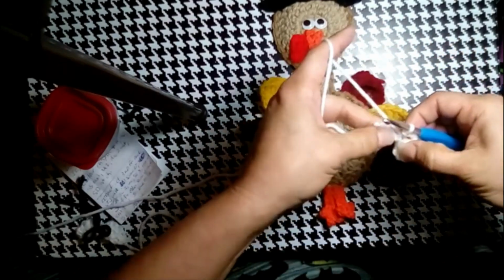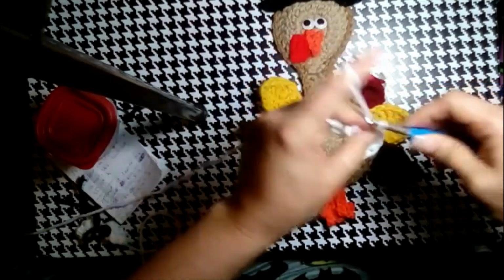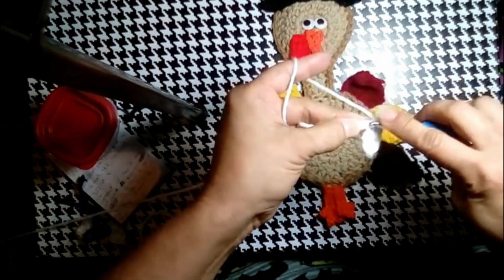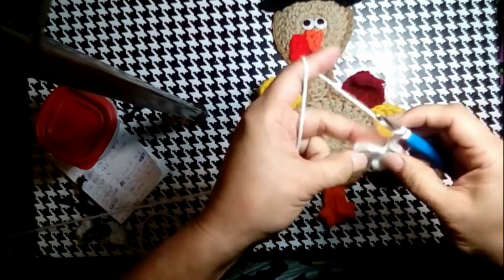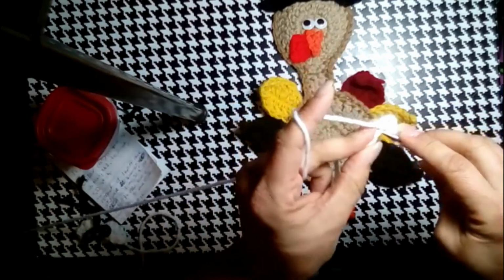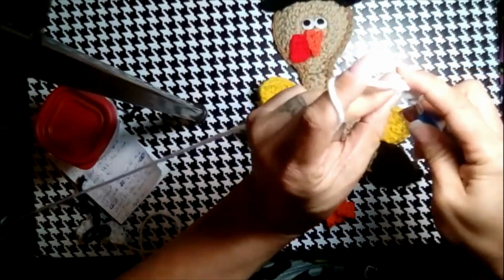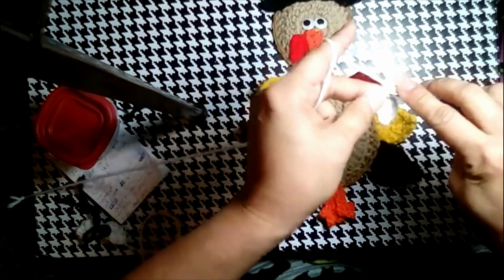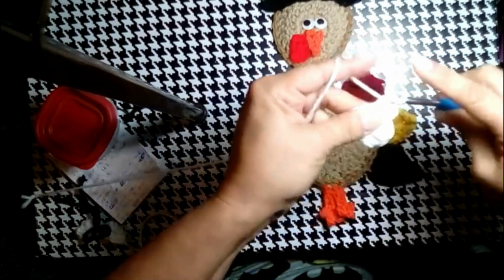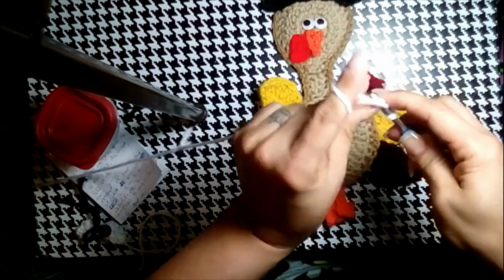So in this next chain, next to the slip stitch, well, first we're going to chain 2, and then in the next chain we're going to put 3 double crochets. So again, let's be sure that we're grabbing both of those, because I do not want a big gap. Okay, got them. So 1, 2, 3, and then from here we're just going to slip